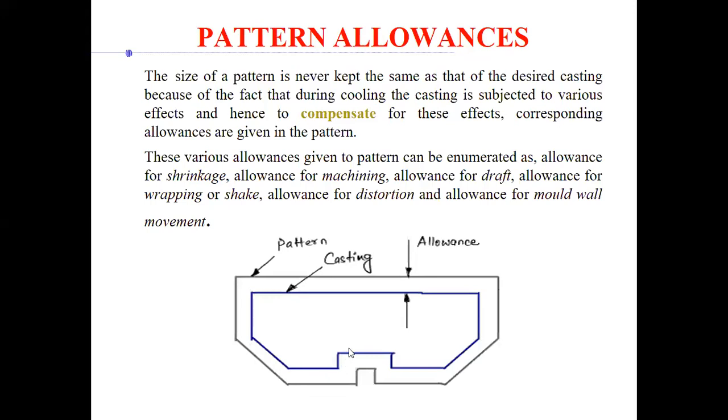If this is your casting, the blue profile, right? If this is your casting, then you are keeping some allowance. You are making a pattern of a size larger than your casting, right? The shape is the same, as you can see, not exactly the same, similar, right? You have those differences here. So the shape is almost the same, but the size is either kept small or large. Mostly it will be kept larger than the casting. Okay, so that difference is what you call allowance. That's simple.